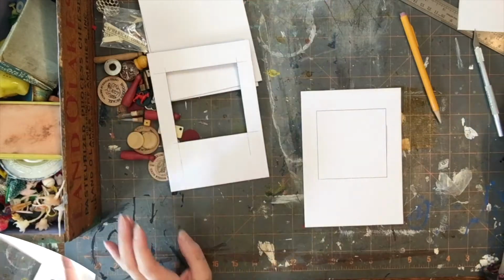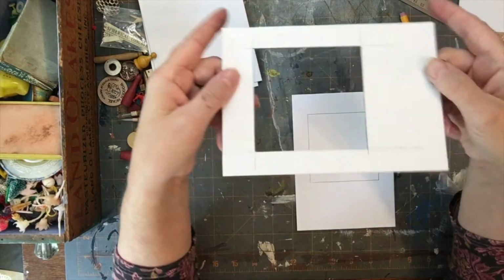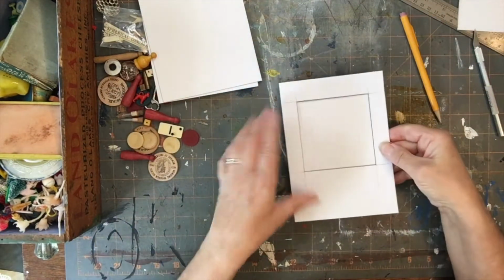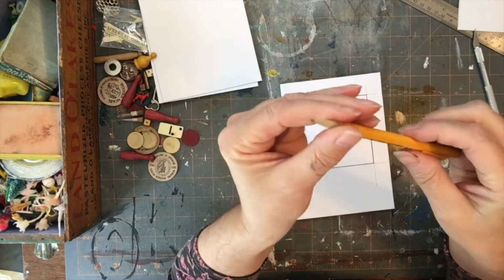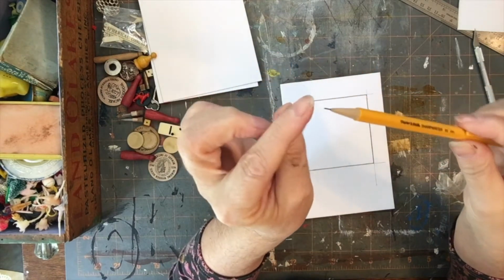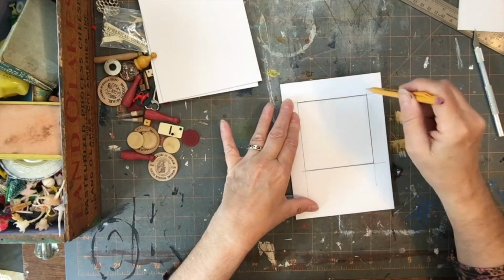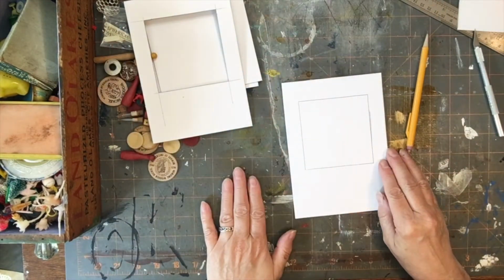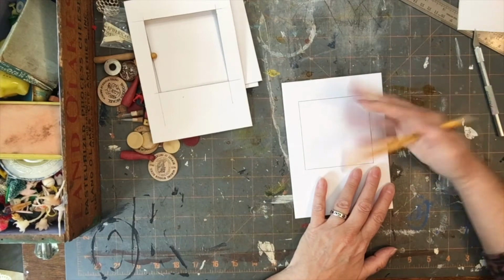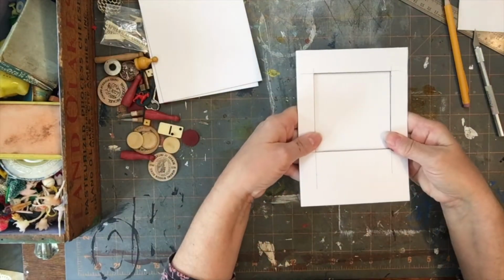And that's it. I just want to show you one thing before I cut out the rest of them. You can take this and use this as a template, lay it down on your next piece of cardboard that you're going to cut, and with a pencil, make the lead long. I use a mechanical pencil because you can make the lead long and it'll fit right in there, and you can go right around the shape to get your next shape to cut out, and that way you don't have to measure it all over again, and it'll match up to this one because they're in an exact